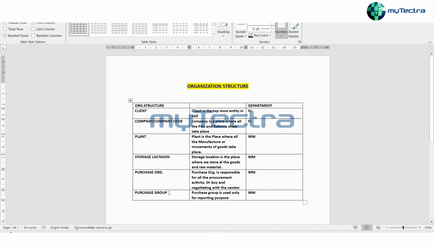Still, some companies add this to their organization structure list just to have that extra benefit of getting the report. Apart from that, it does not help in any other way. So that is the use of purchasing group.